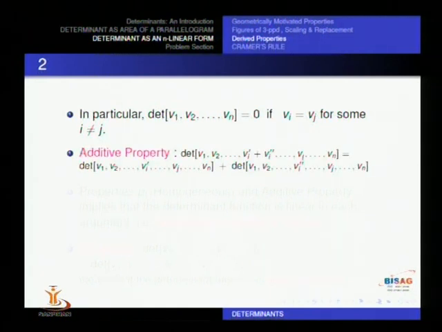That one must observe. And now suppose some column in the determinant consists of the sum of two elements, then in that case the determinant value is the sum of the first elements and second elements. That property is called additive property, that you can see on the screen. This is additive property, but in one column you are doing this, in each column you can do that. So this property is special in the case of a determinant, not in the matrix.